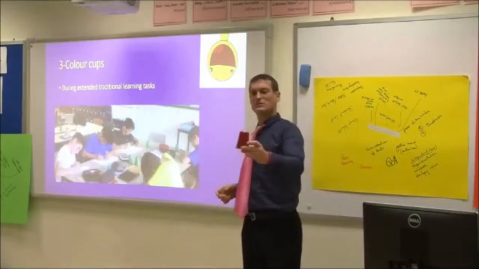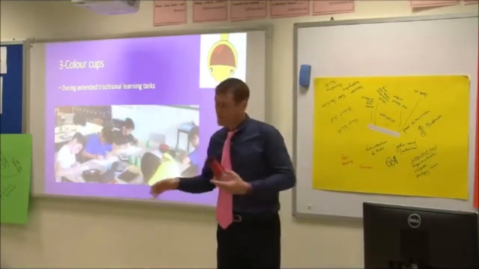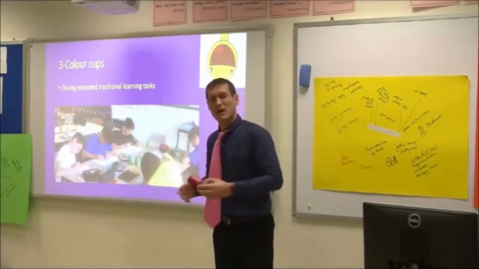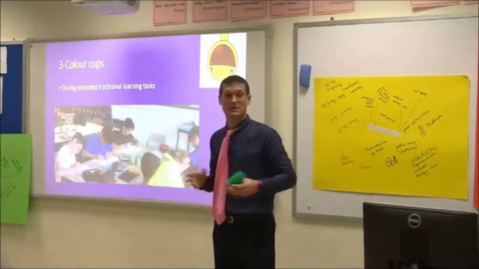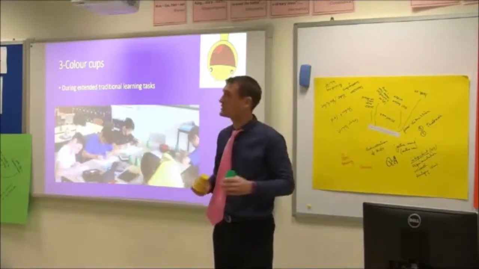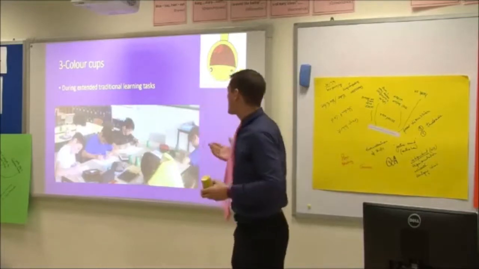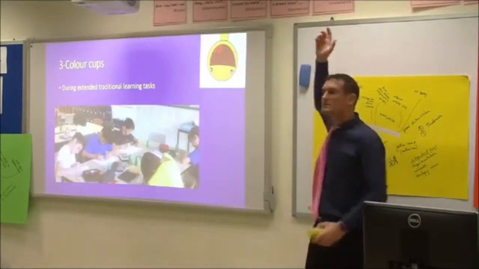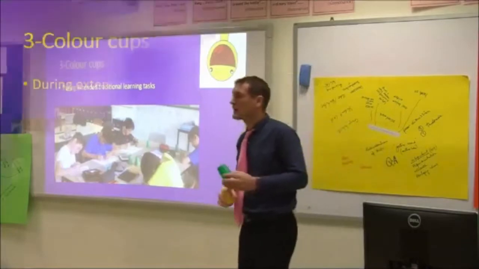And so when I do get the red cup in front, I then say, are you sure there's nothing you can do? And I basically find something that I know they can do with them, and then say, there you go. So now go back to the yellow cup, and I'll be along and I'll see you in a few minutes' time, and I'll discuss with you what your yellow cup problem is. That's basically a strategy to stop hands up, to stop, oh, I'm stuck, put my hand up, and it's an excuse to daydream, it's an excuse to waste time, sort of attitude.